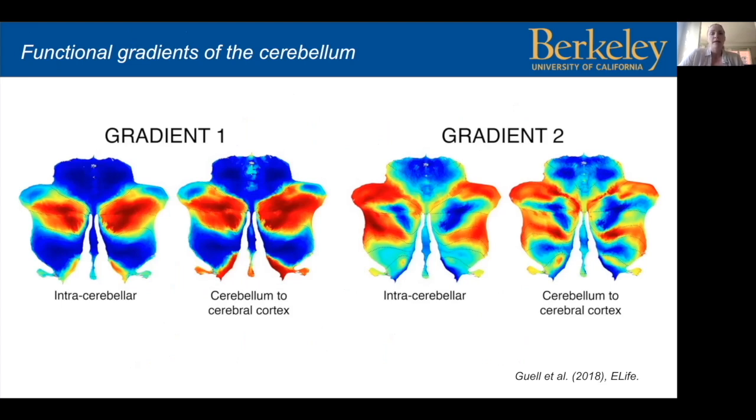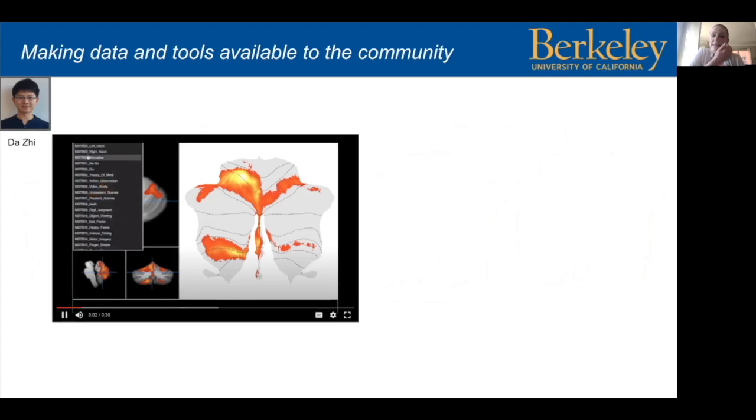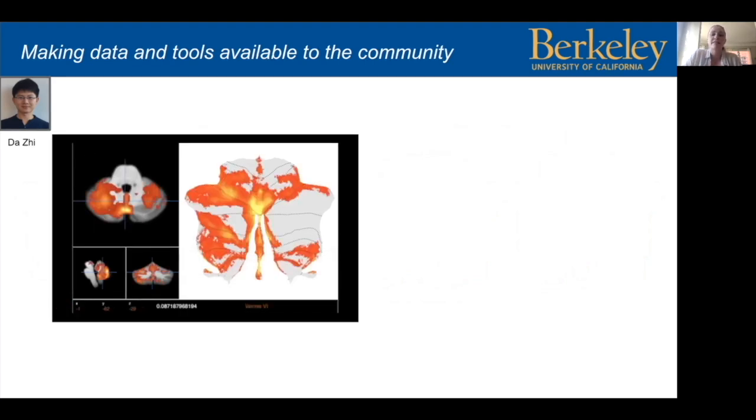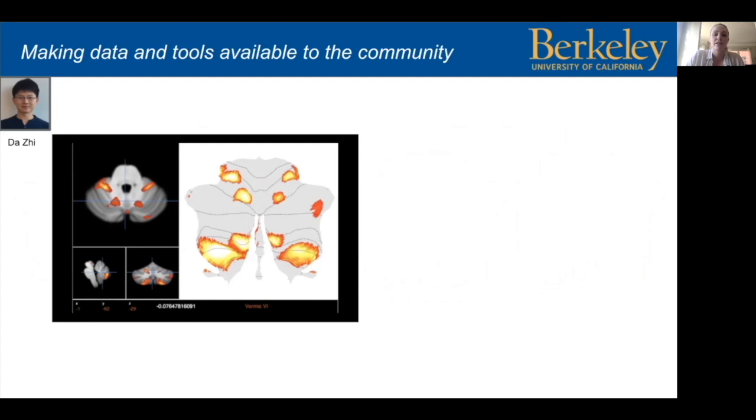And all of this work, be it functional parcellations or functional gradients, contribute to our understanding of cerebellar functional organization, both by itself and within the context of the cerebral cortex. And finally, making these maps and these gradients available is an important step in advancing the field of cerebellar neuroimaging, because they provide a useful guide in designing studies to test specific functional hypotheses, as well as facilitating new ways